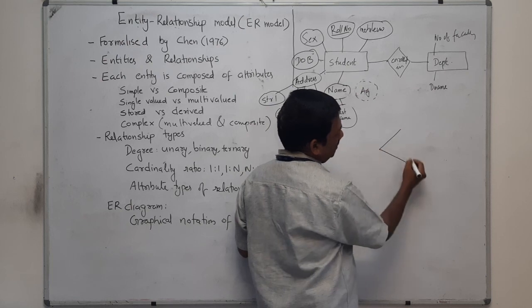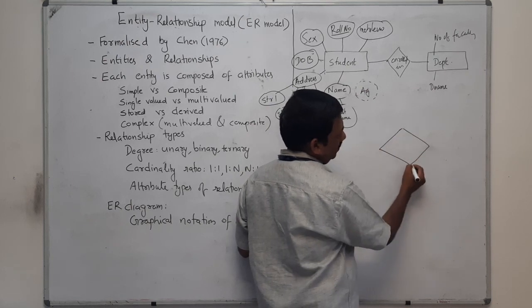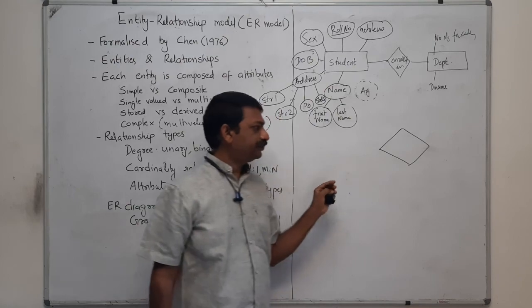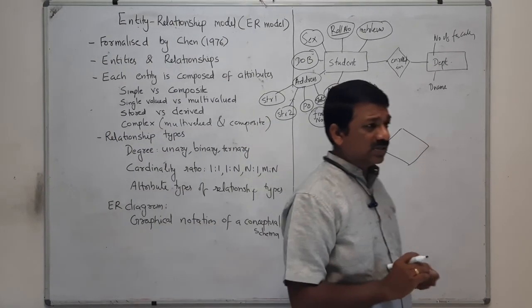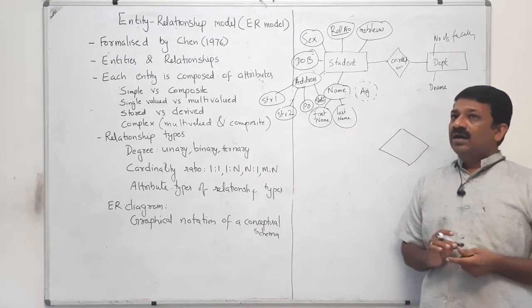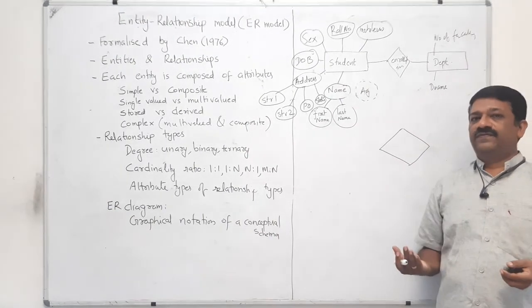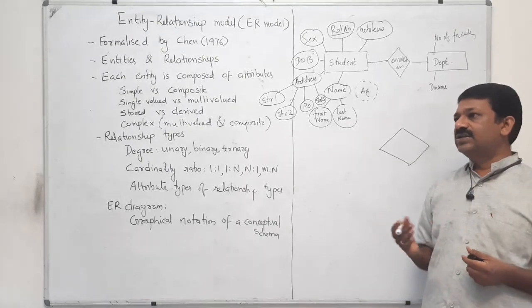The relation is always represented by this. This is a relation, and a relation is mostly where an entity is connected to itself. An entity is connected to itself. For example,